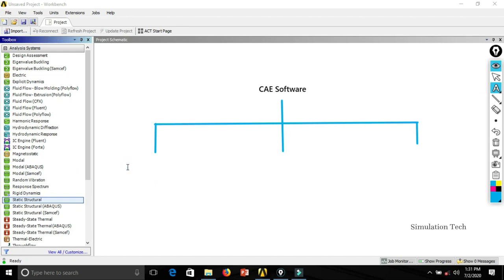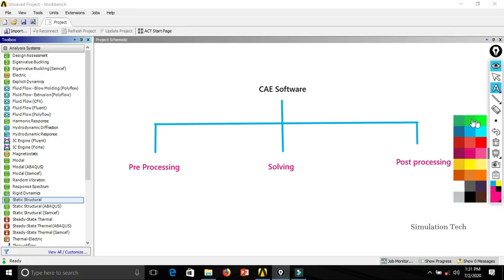My first category is pre-processing. I can change the color to purple so I can easily differentiate. Pre-processing, and the next one is solving, the solving part, and third is post-processing. It's mandatory to complete all 3 processes to get solutions.